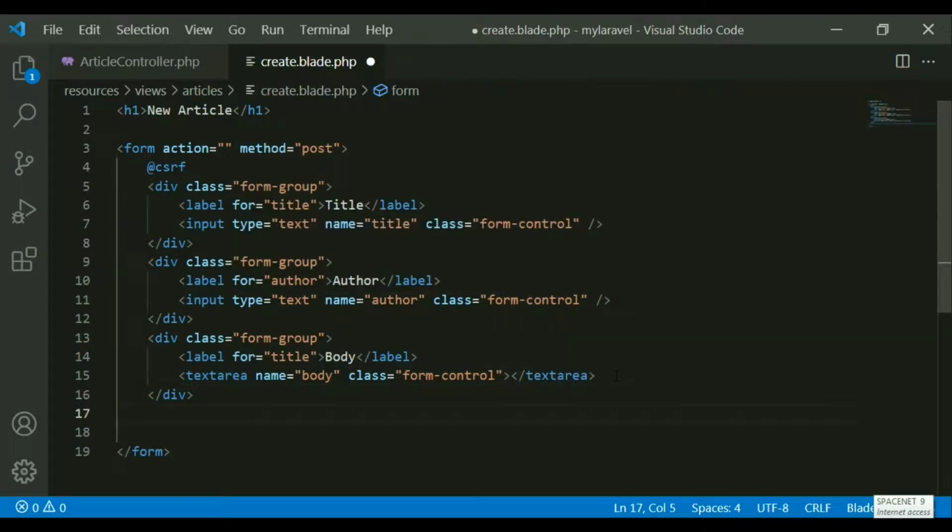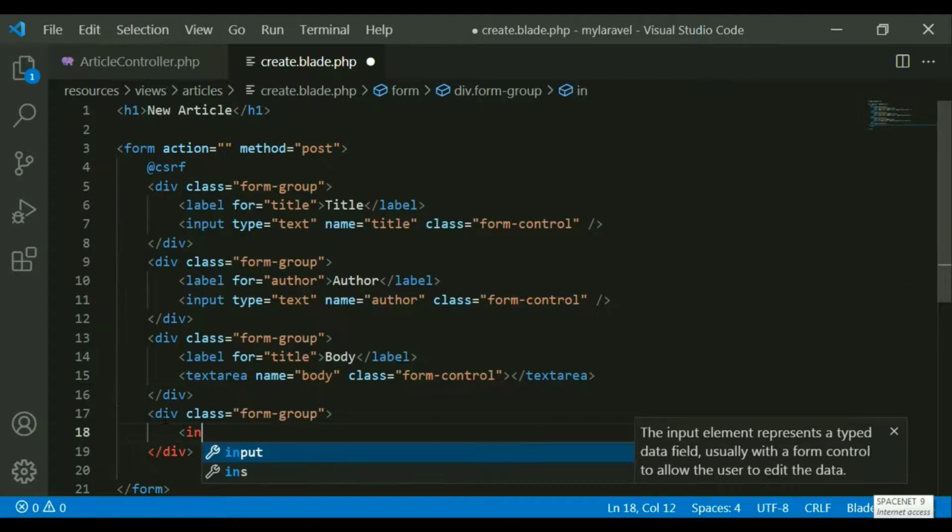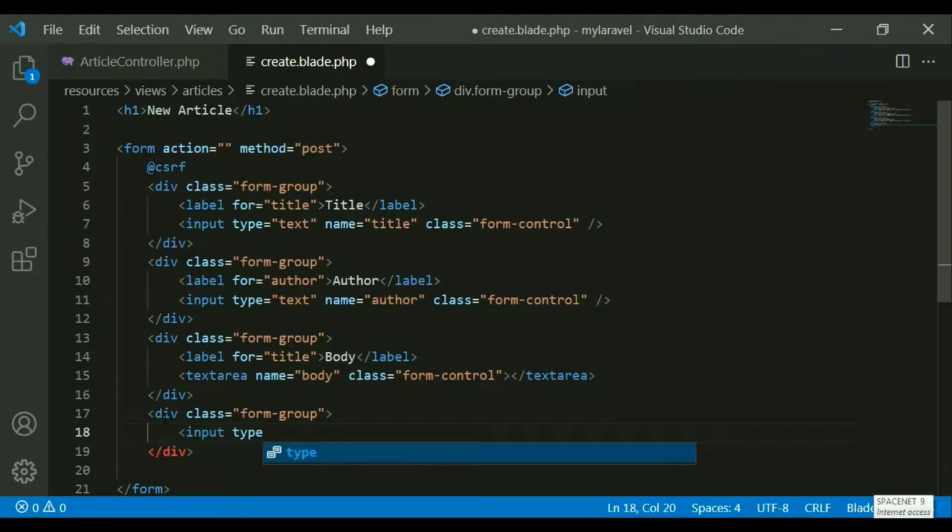The last one is I want to create a submit button here. So input type submit, create it like this: input type submit, and the name is submit also.